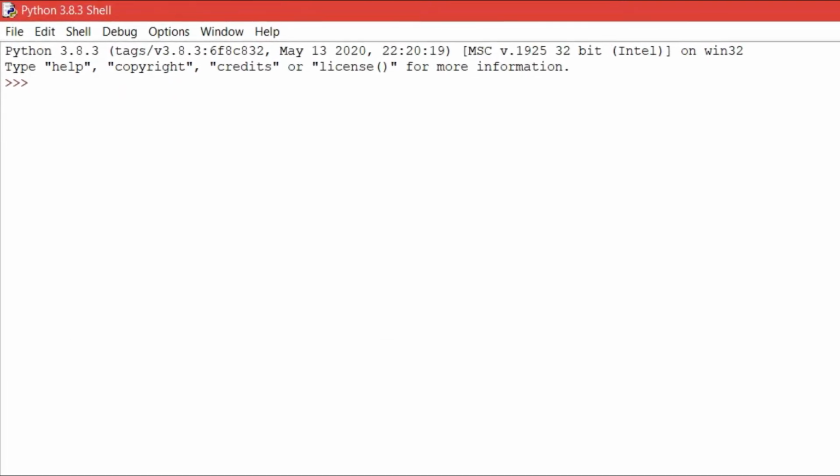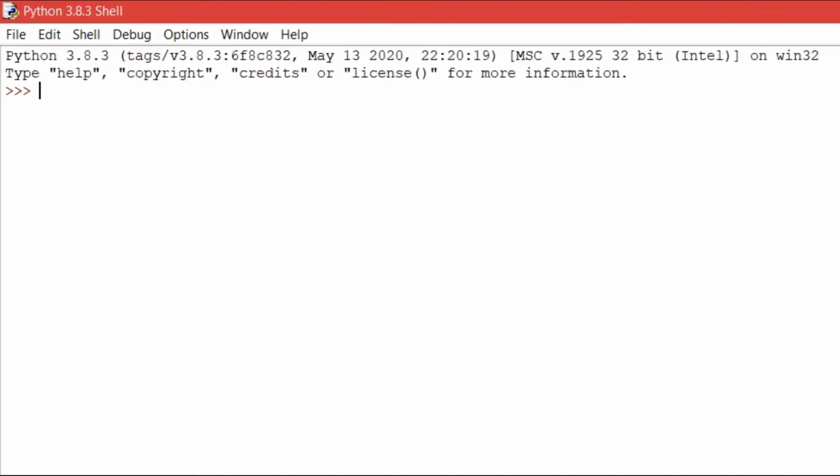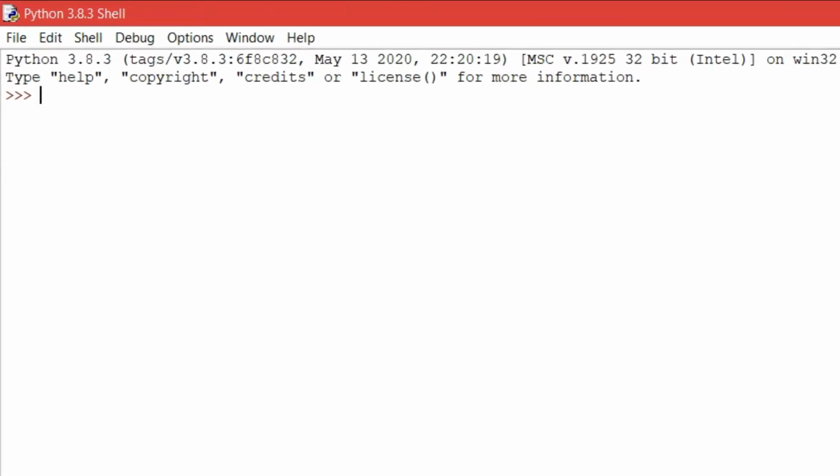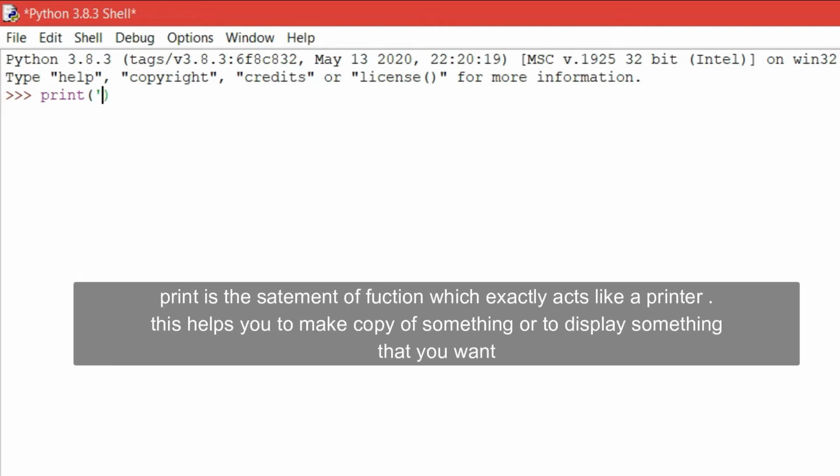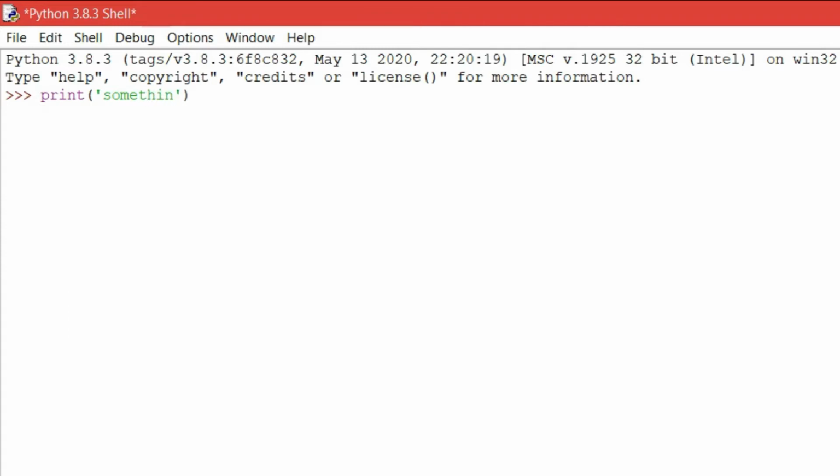So let's start by making a program that displays something. We need to use print. Print is a statement or a function which is used to print something or to display something. So I'm gonna print something only.